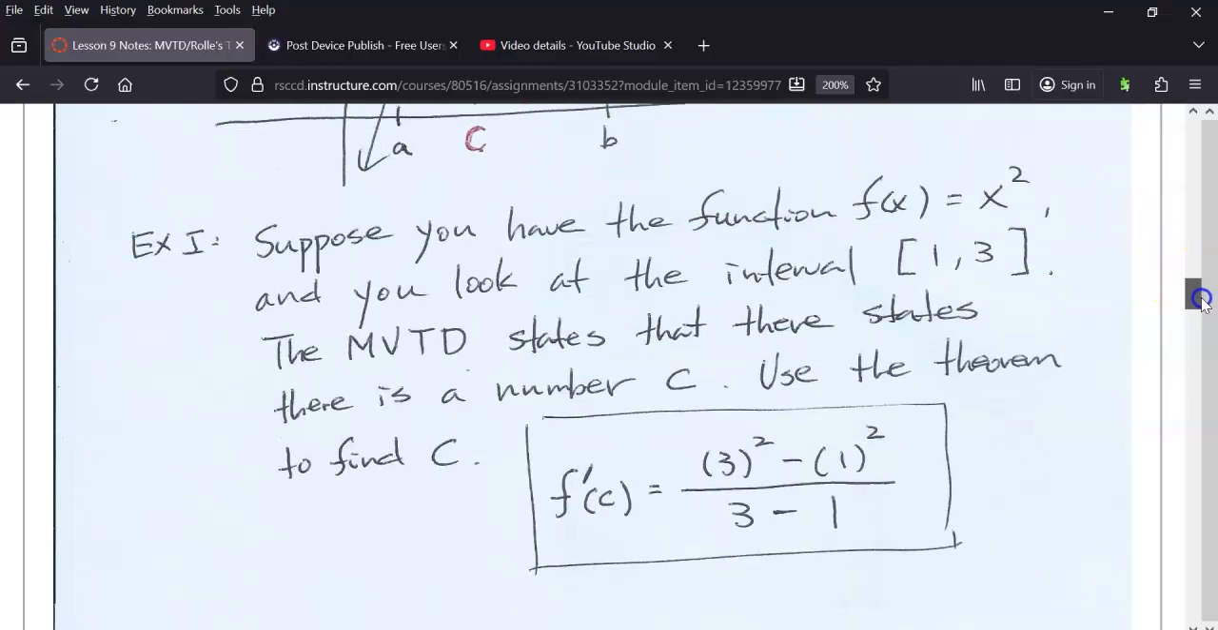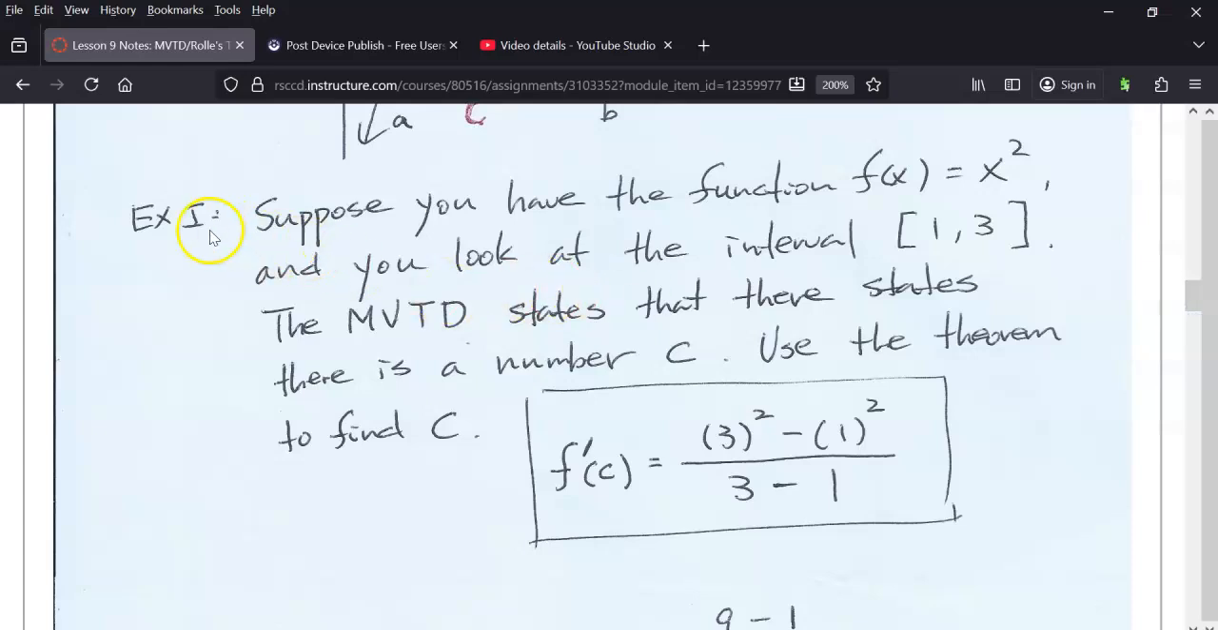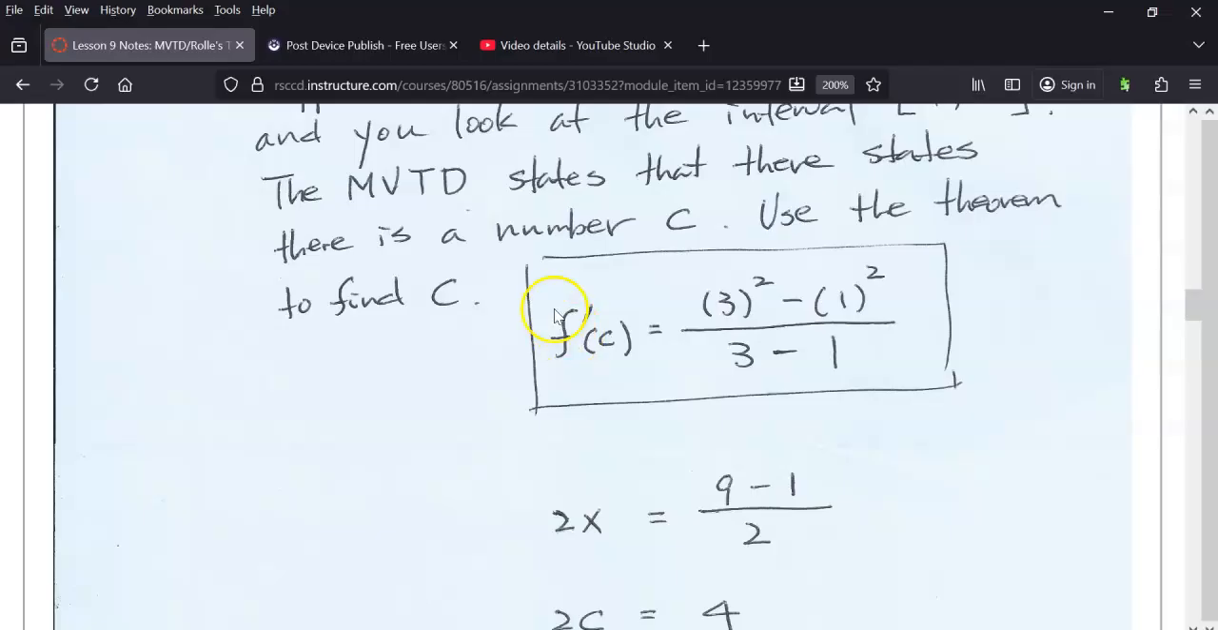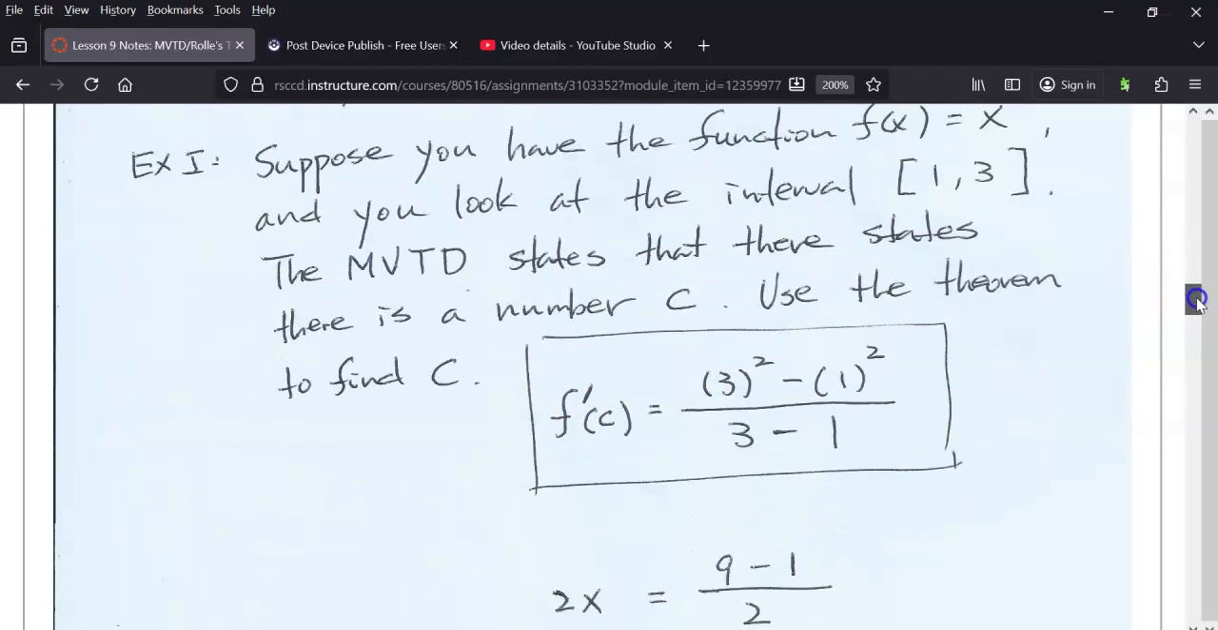So let's see how we can use this theorem. Example 1: suppose you have the function f of x equals x squared, and you look at the interval between 1 and 3. The MVTD states that there is a number c, so use the theorem to find c. We use our definition: f prime of c must equal the slope,